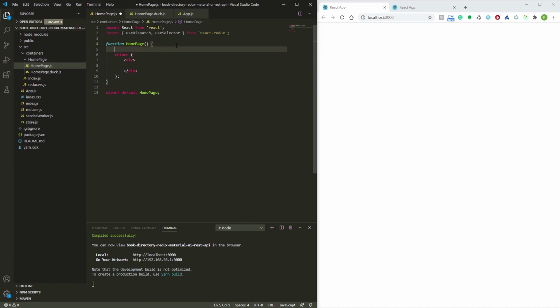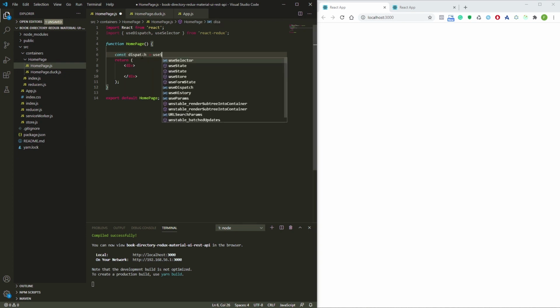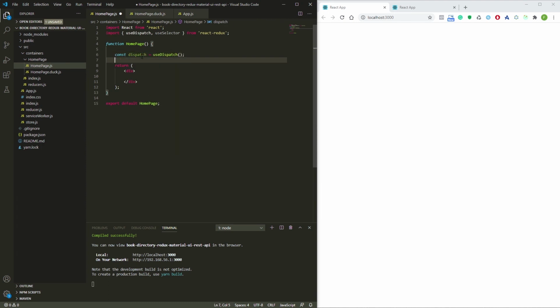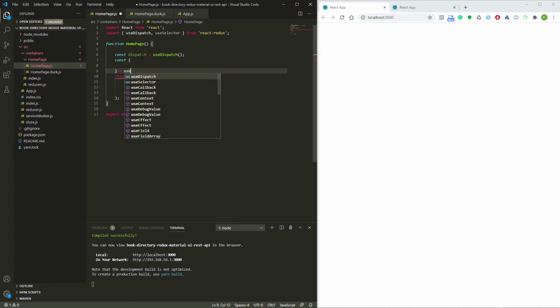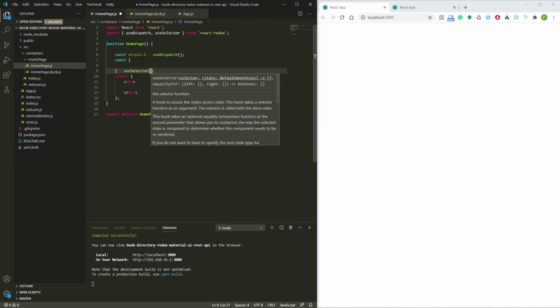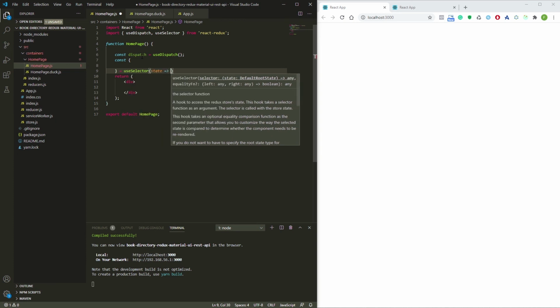Okay, so now here inside our function we can call dispatch, and we use dispatch, and we also can get the states from the use selector. In use selector we get the state from Redux. Basically we will have access to all of the states, but for now we only need the state from the